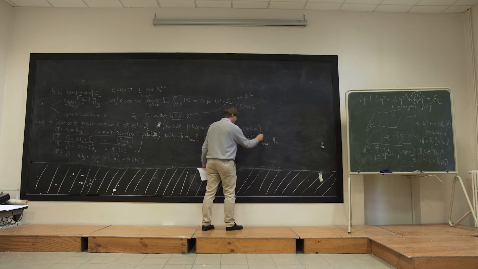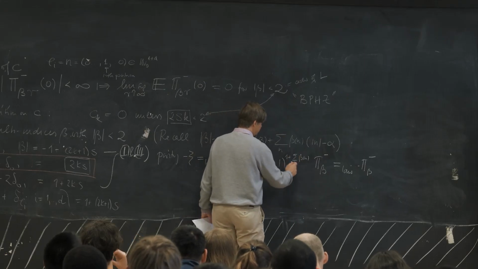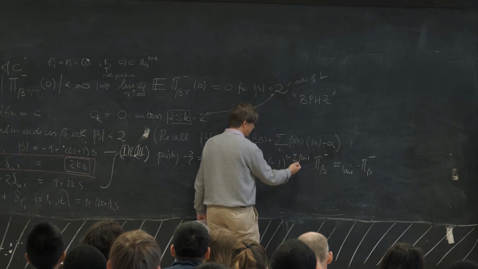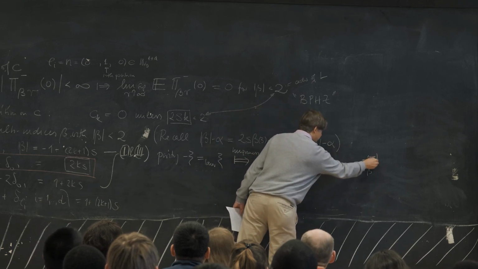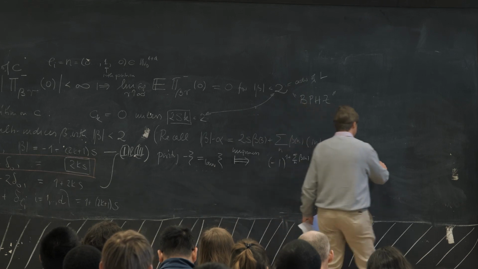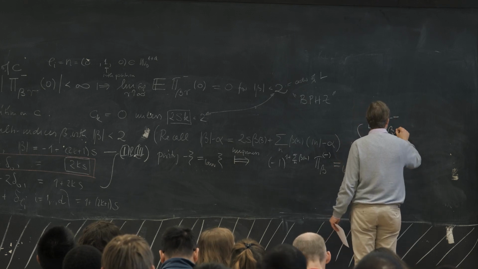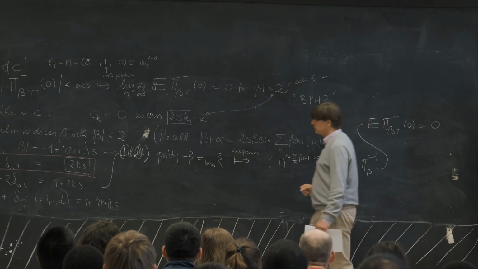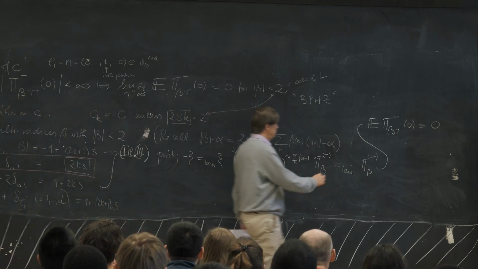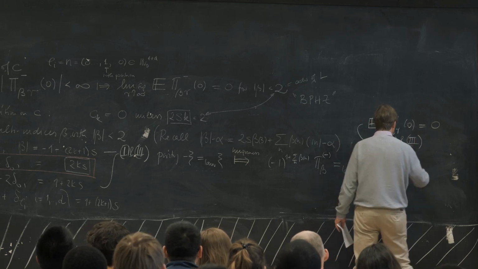So you first get it for minus. Beta equal to 0 is just a reformulation of this. And then by induction, going through the definition of the model, you see that it can be propagated by an inductive argument. And in fact, it holds both for the positive part and the negative part of the model. And this in turn implies that the expectation of pi minus r at 0 vanishes for the classes 1 and 3, but not for 2. And this was ultimately the reason why we don't need a counter term